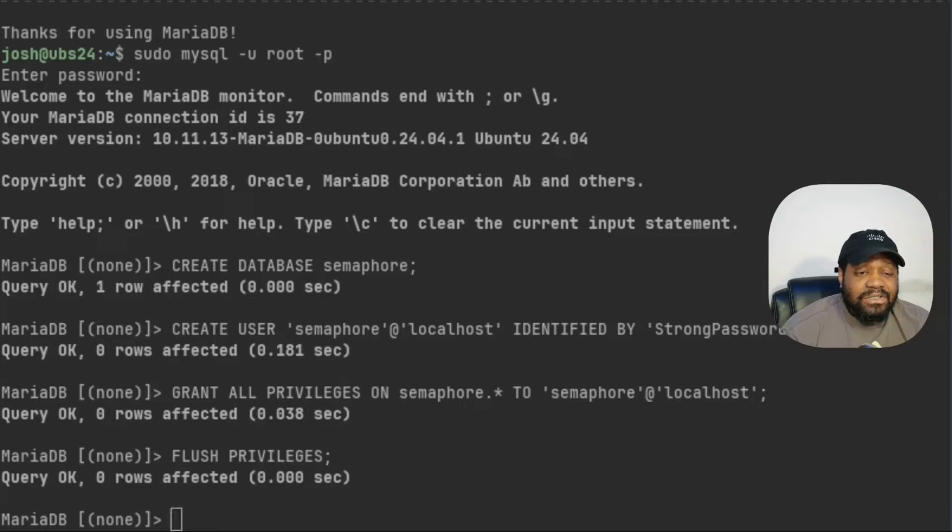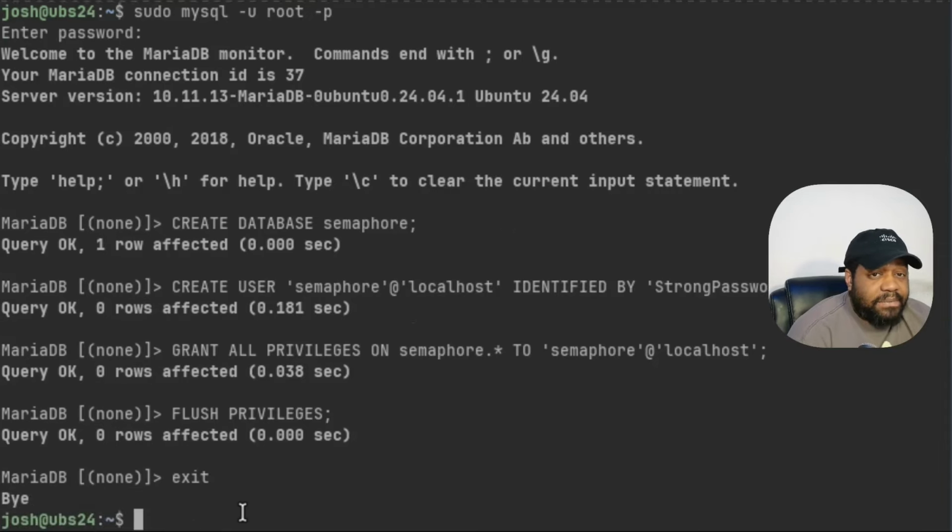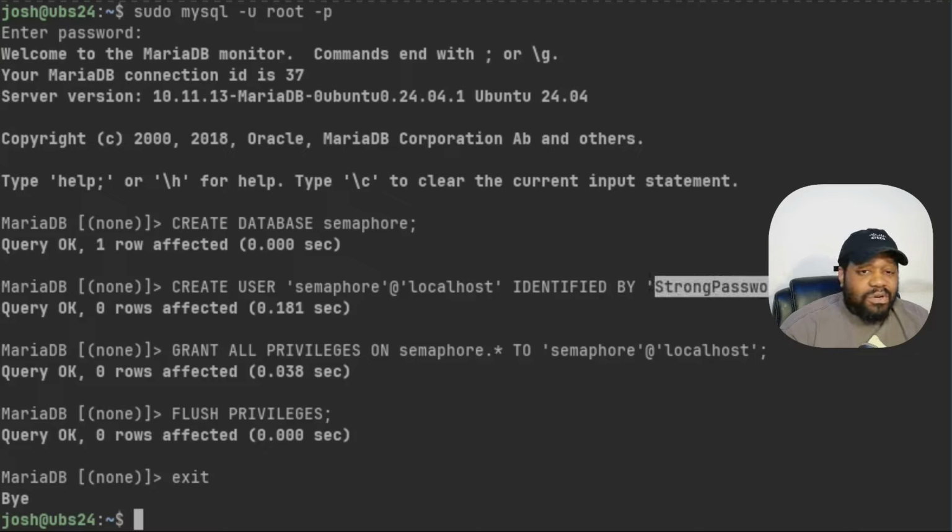And then also you can just exit out because we are done. We have our full database set up. We have an account set up for that database. Just make sure you remember what that password was. And as you can see, I just put something simple in there. It's "strong password" here. So I just put that there so you guys will know that's where you need to put your password. All right, so the next thing we need to do,